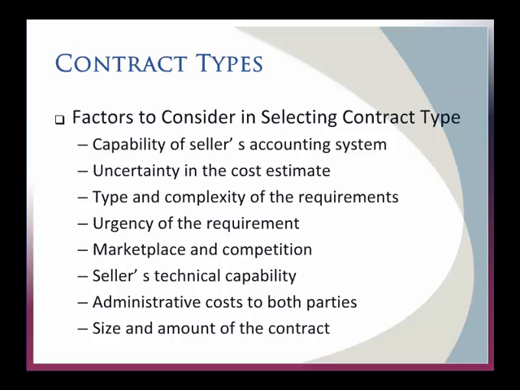You might want to be thinking about the uncertainty of the cost estimate. So if you think that, hey, this is just a SWAG, we have no idea what this thing is really going to cost, that will impact your contract type. The complexity of the requirements, the urgency of the requirements. So there's all these variables that come into play when you're thinking about what type of a contract you want